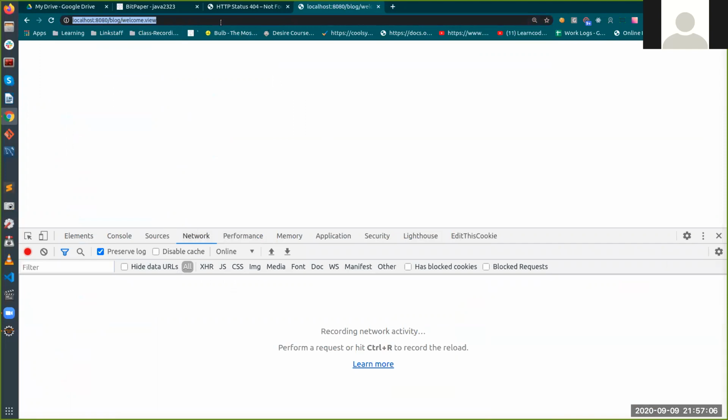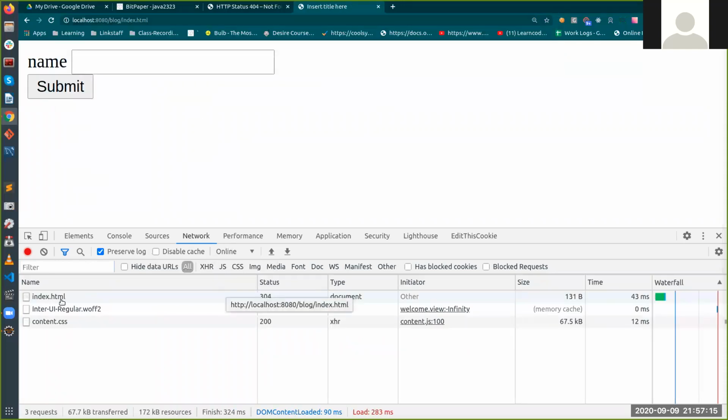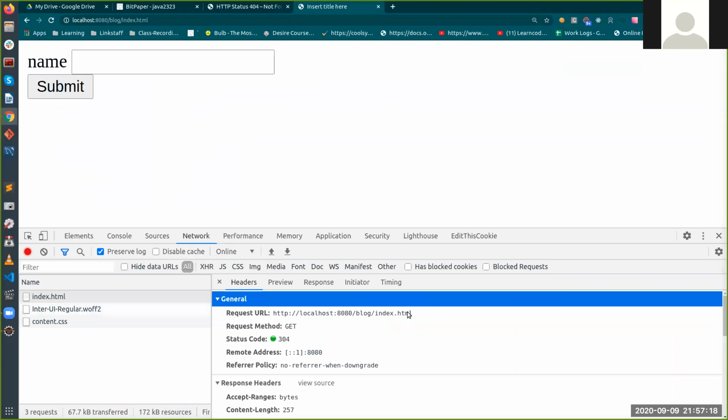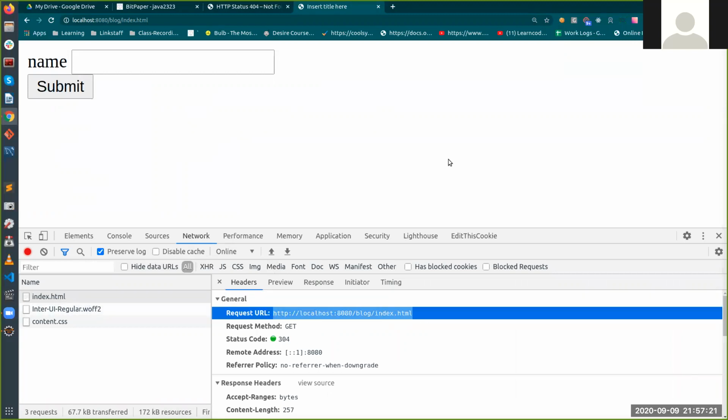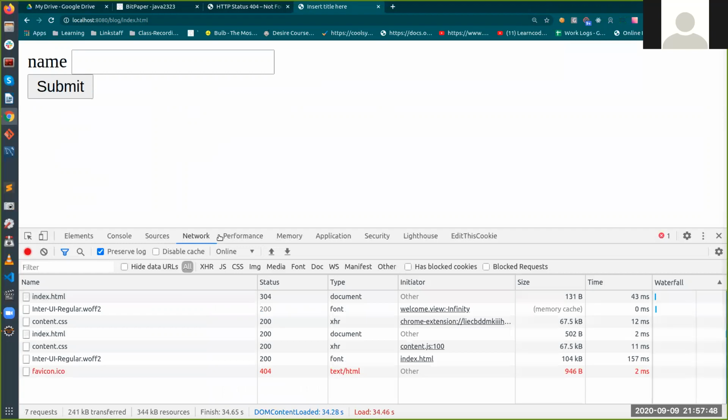Let's go to the network, run my page once again. So see your request, it goes as a request like index.html. The browser is asking for this page from the server, right? And the server is returning a response. Now, if you see over here, the response has a status code 304. You may be thinking, why 304? The actual code should be 200, right? Whenever a page is transferred successfully, the code is 200. But here the status code is 304. So you can identify that this 304 means that the data is taken from the local cache. It has not been taken from the server, right?